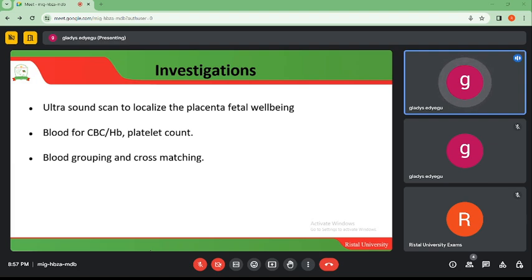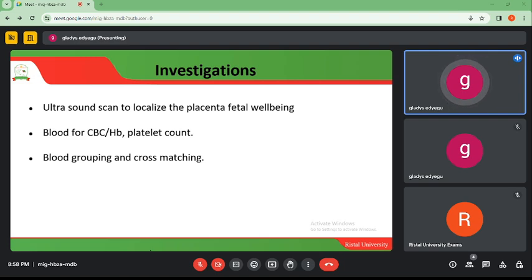You can only get to know the location of the placenta when you have done the ultrasound scan. And this can also tell you the fetal well-being, whether your baby is okay, how is the fetal heart of the baby, how is the baby lying, how is the baby presenting, so that you can manage appropriately. Then blood for CBC, HB, platelet count should also be done,